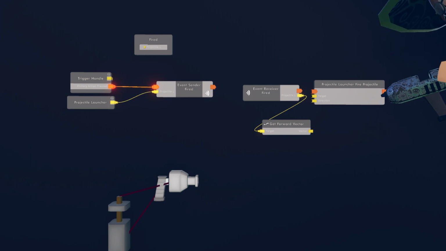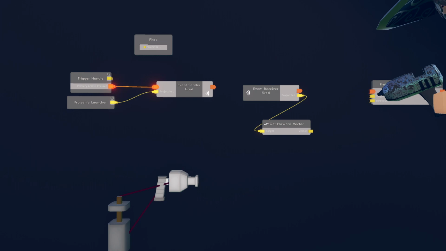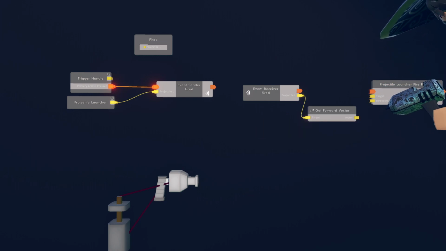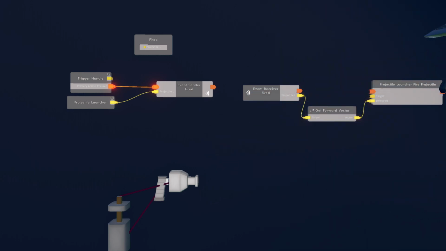Our forward vector is the direction this is facing. Our target is our projectile, and when we fire that event, this will fire.